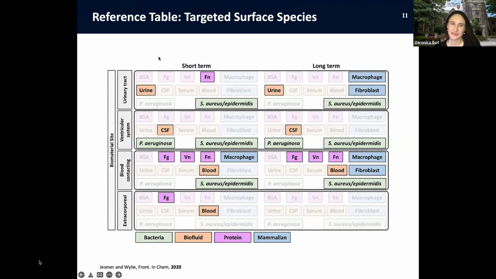So for example, in the short term for blood contacting prosthesis, fibrinogen is an important consideration, macrophage perhaps an important consideration, looking at bulk clot formation. This is all very important, and again, this is a very informative table, so I really recommend looking into this paper if you can. It also has a good collection of methods you can use to quantify surface performance. So this is very good, and thanks to Dr. Wiley.